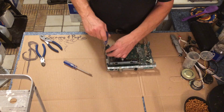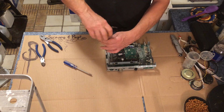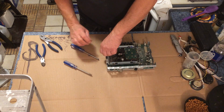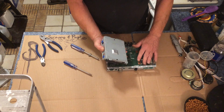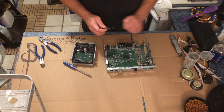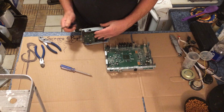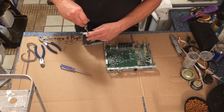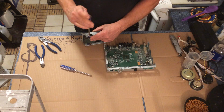One over here. Come on up out there. Alright, there we go. Got that plate off. Get that one in there. And get these other two screws off of here so we can get that out of the...